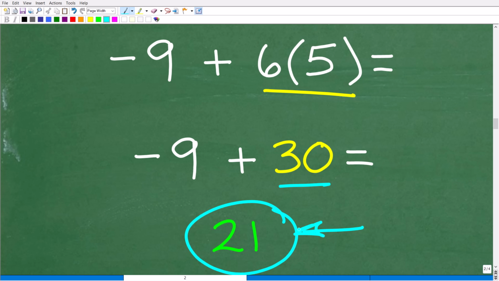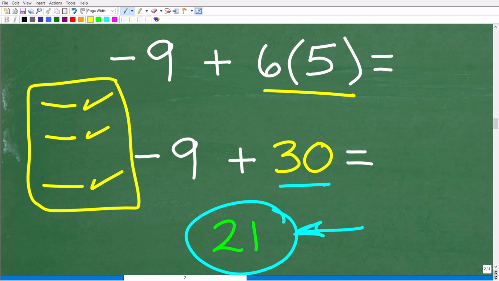Now, if you're struggling with anything here, what you want to do is just make note: I don't understand this, I don't understand that. Maybe it's powers, maybe it's positive and negative numbers, maybe it's something else. This becomes your math shopping list. You go to the math store and pick up these skills: I need one of these, one of those, and one of these, and that's how you improve